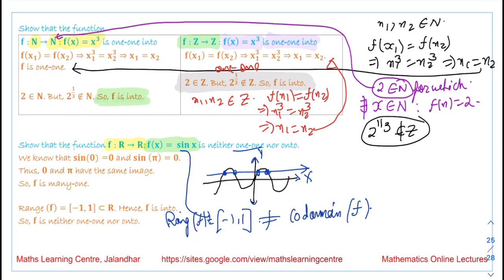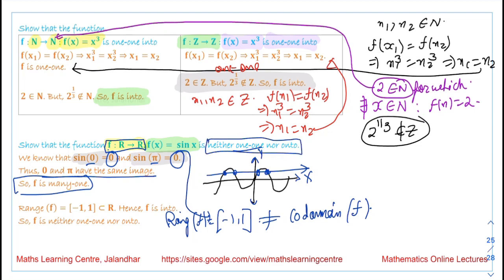So you can use the graph or you can use this result that sin 0 is equal to 0 and sin pi is equal to 0. It means if we look at the pre-image of this element 0, then it is not unique. It means 0 and pi have the same image. It means f is a many-one function. So we have proved that this function f(x) = sin x defined from R to R is neither 1-1